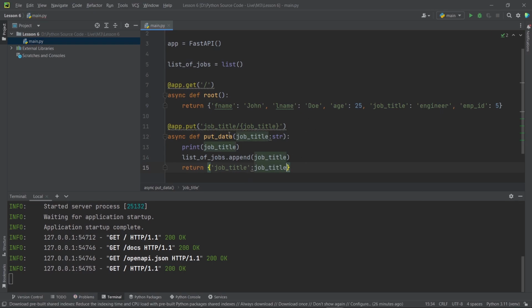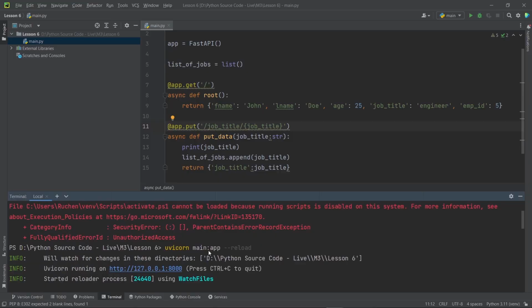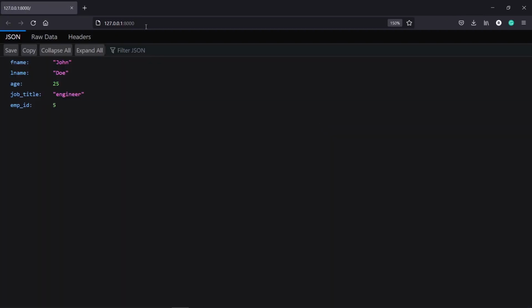And that's it. That's all that's required for the put method. We also want to make sure that our path is being referenced correctly. So over here, I'll add a /, because if we don't, the path is not going to be referenced correctly, and therefore we will receive an error. And now if I head over to that localhost URL, if I click on this, and if I tack on docs at the end over here,